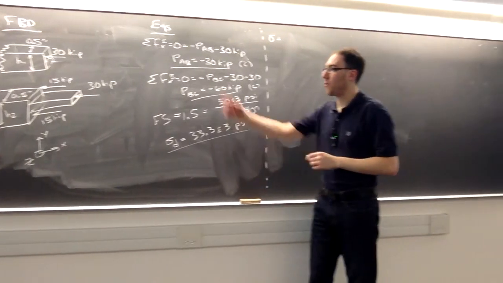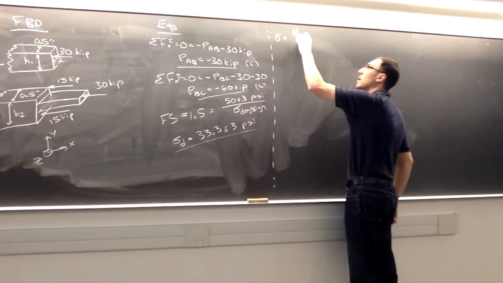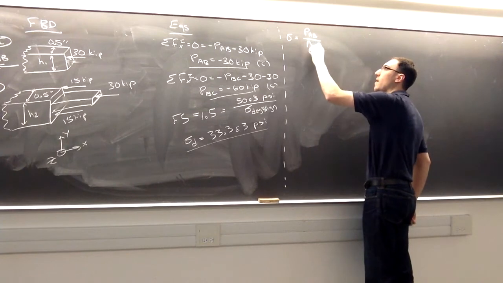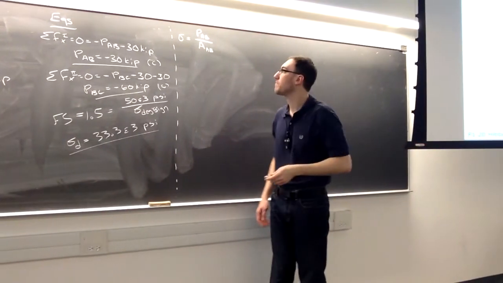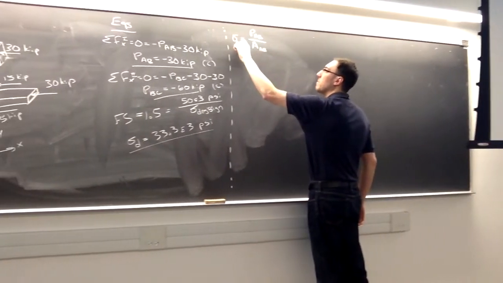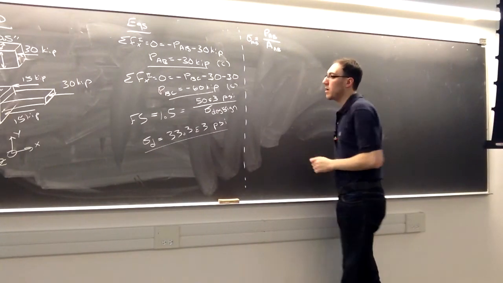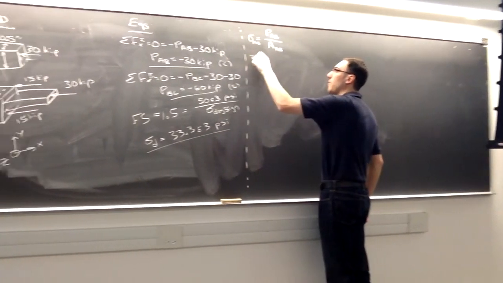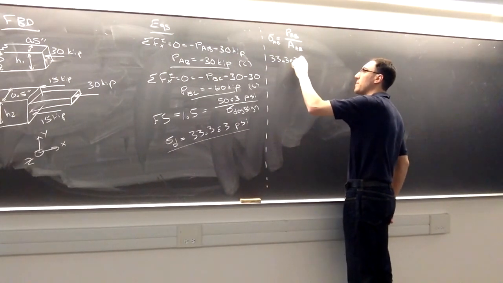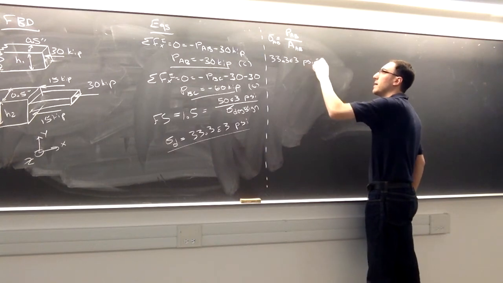So the internal normal force is PAB, and for right now, I'll just call it area AB, or capital A_AB in general. For this material, our design stress, 33.3 times 10 to the third psi, is equal to